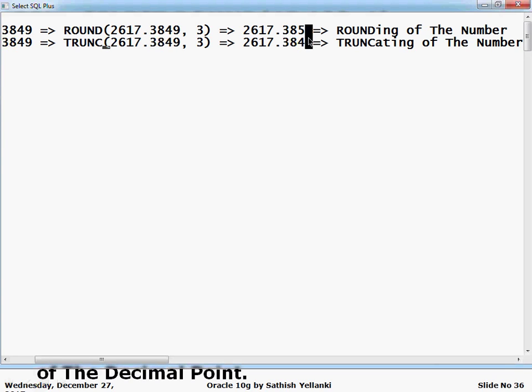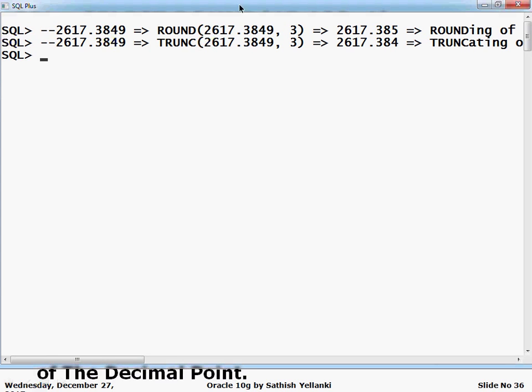Here also, the overall precision will be 8 only, with the 0 placed in the particular place, but 0 to the right side has no meaning, therefore it is not showing. So, if you take the same number and work with the select statement, you will start understanding through the process. Just for select,